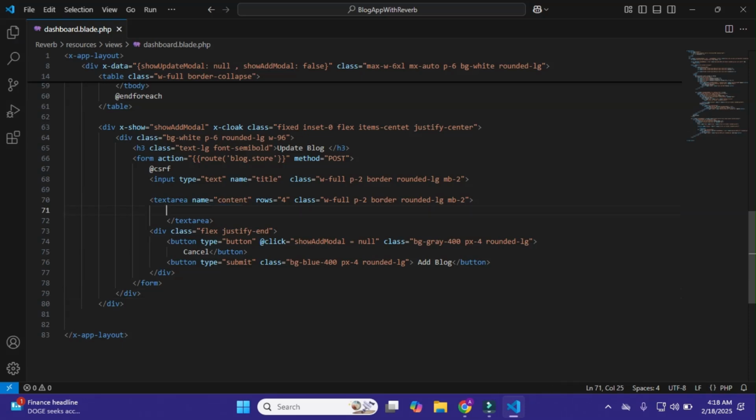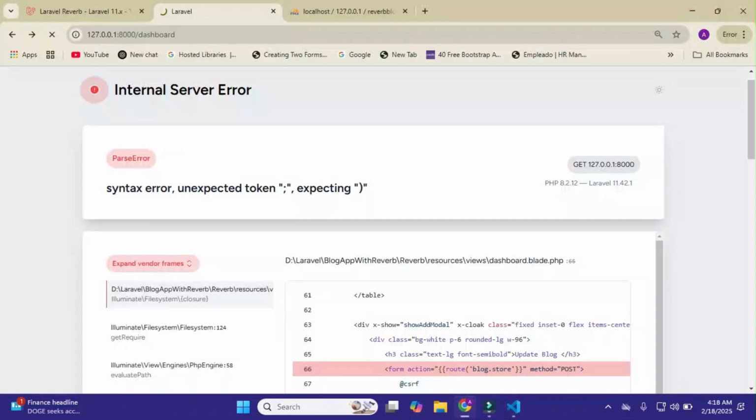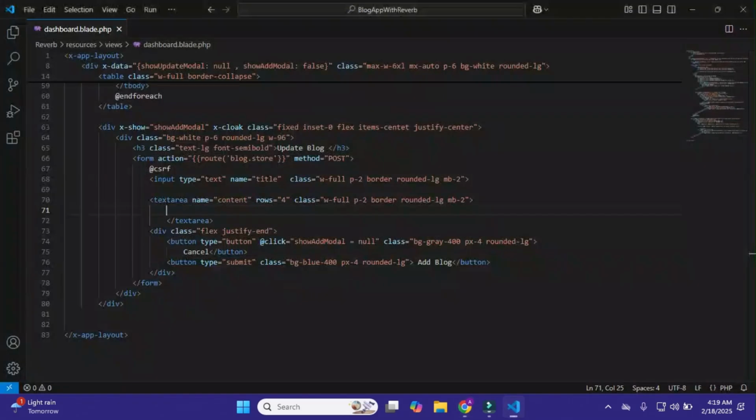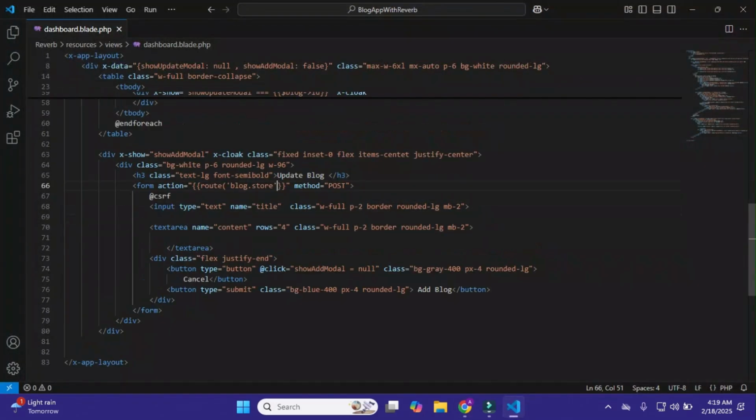In the block content we don't need this. Block content, just save this, and now I'll go to the browser, and here it is saying unexpected. I think we simply remove this comma here, blog.store, and I'll add this bracket here.